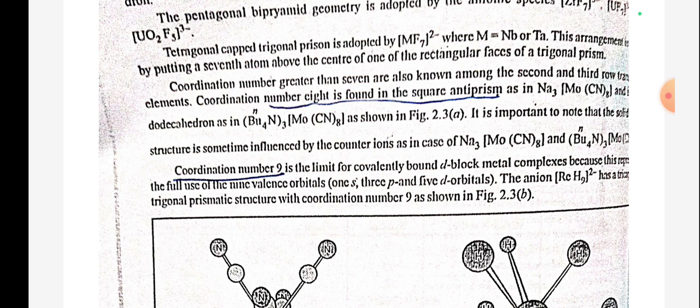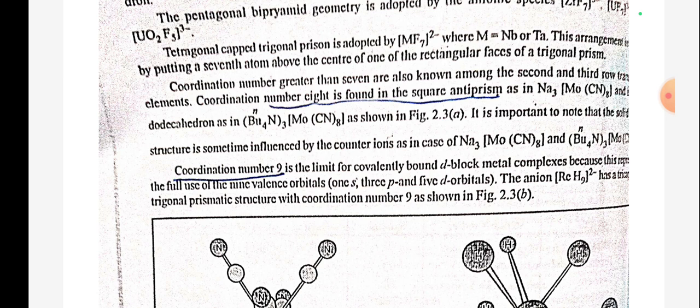This arrangement is obtained by putting a seventh atom above the center of one of the rectangular faces of the trigonal prism. Coordination numbers greater than 7 are also found among the third and second row elements. Coordination number 8 is found in the square antiprism, as in Na3[MoCN8], and the dodecahedron, as in Ba2[MoCN8] and Ba4[MoCN8]3, as shown in the figure. It is important to note that the structure is somewhat influenced by the counter ions, in the case of Na3[MoCN8]